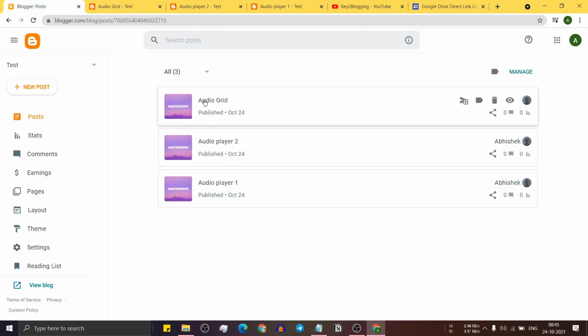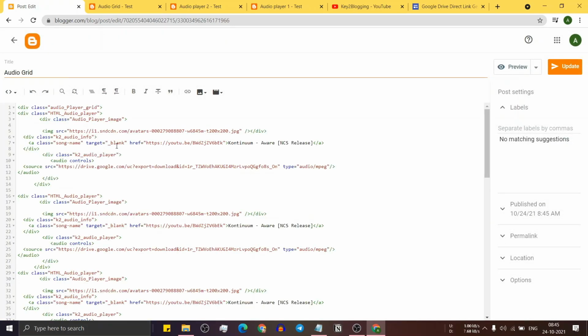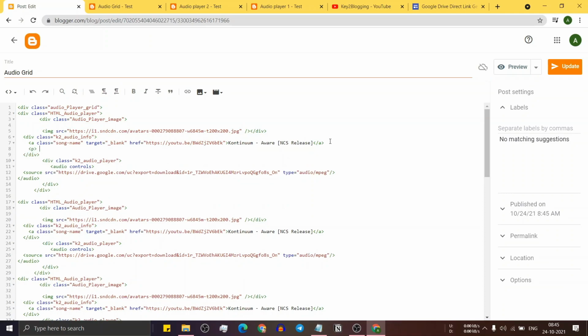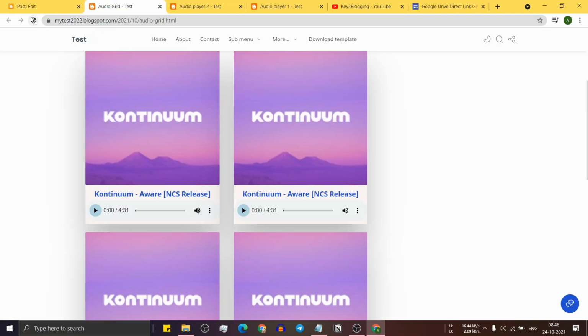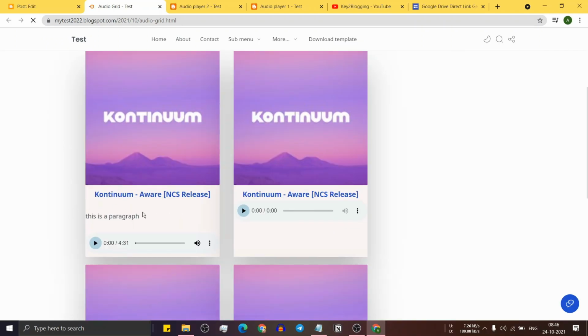So for this, you have to go to the audio file and then add the paragraph after the A tag. Like this, and let me just update this, and as you can see, the paragraph is added.